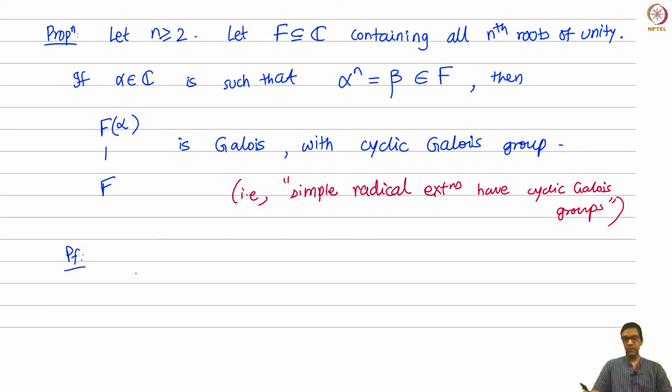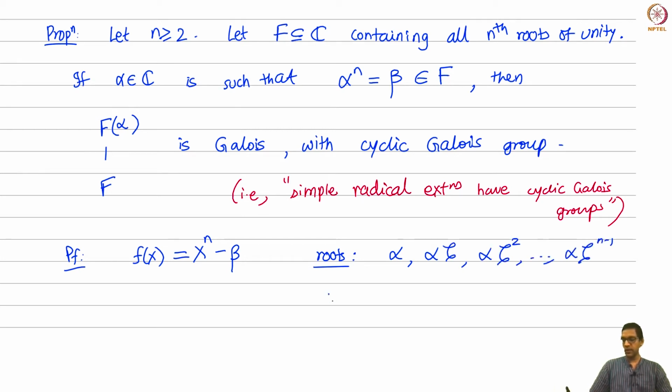To show that F(alpha) over F is Galois, we need to show that this is the splitting field, for example, of a collection of polynomials. So here it's very easy to see what polynomial we are talking about. Let's just take the polynomial x^n minus beta. Okay. Observe that, so what are the roots of this equation? So the roots of this polynomial, one root we know, which is alpha itself, but then the other roots are just alpha multiplied by the various nth roots of unity, alpha zeta,